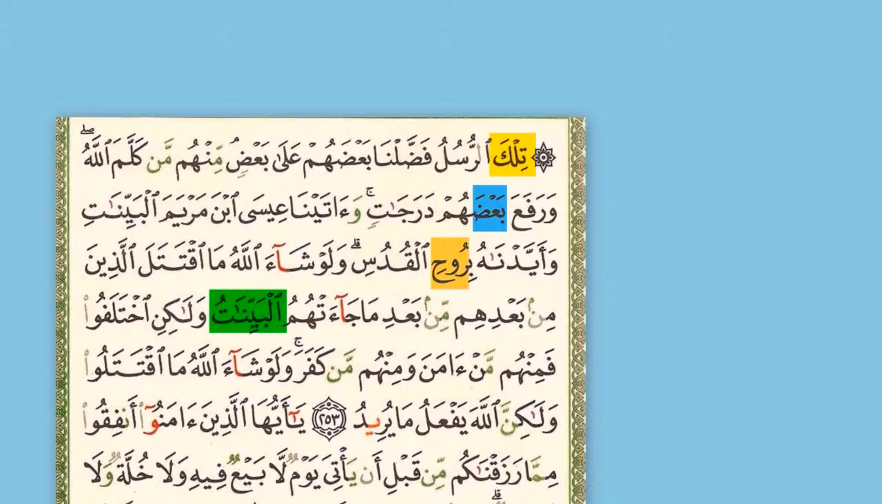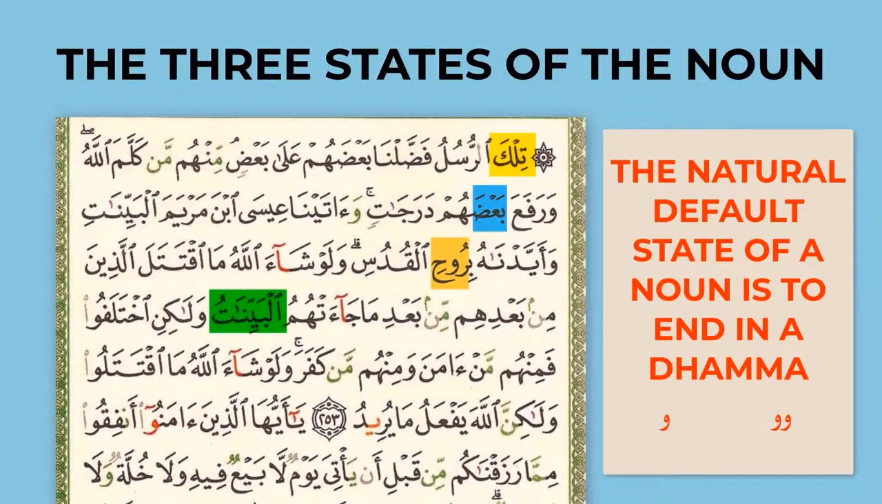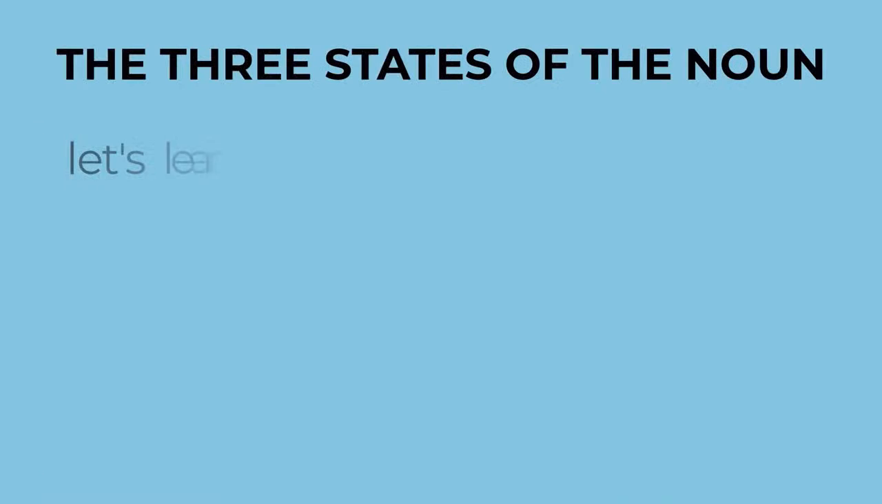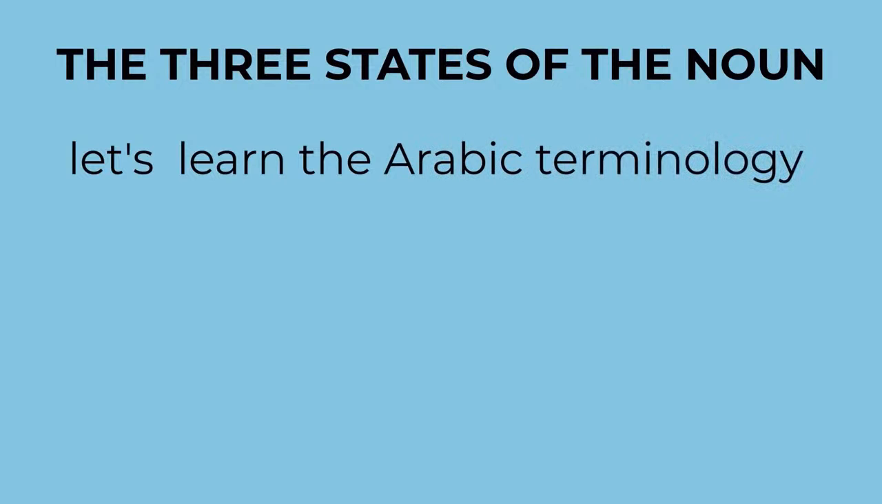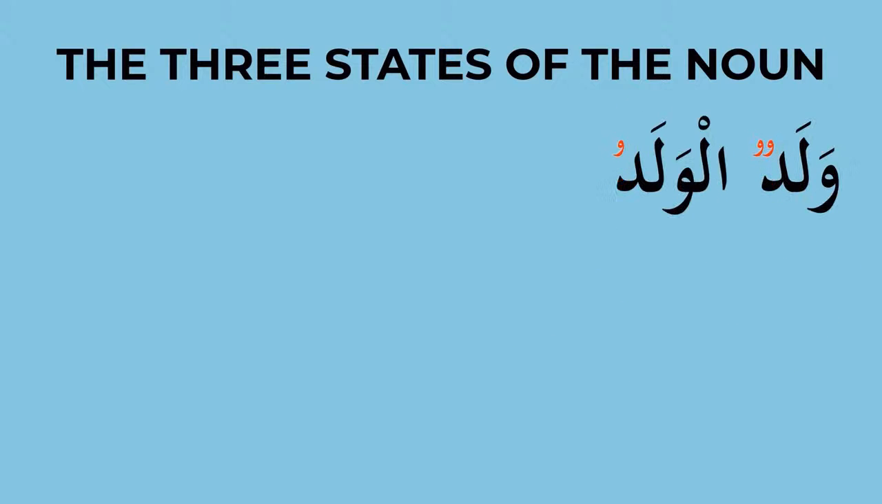It will tell you. In its natural form, all the nouns always end with a dhamma. All the time. They change when something happens in the sentence, when they perform a different function in the sentence. Let's learn the terminology now. If the noun ends with a dhamma, be it a tanween or a single dhamma,